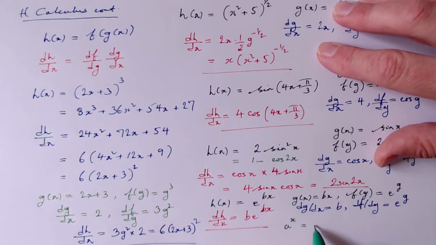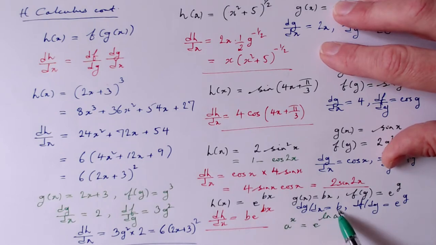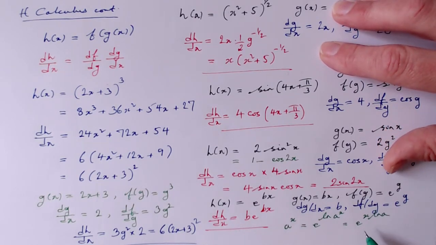It's going to look strange, but I'm going to write this as e to the natural log of a to the x, because I'm allowed to do that, because e to the natural log is a function of an inverse function, so anything can be written as e to the log of that thing. And then using the law of logarithms, this x comes outside, and this is e to the x log a. And because I know how to differentiate e to the x times a constant, that constant comes downstairs, I then have the result that I wanted, which is that if I have a function a to the x,